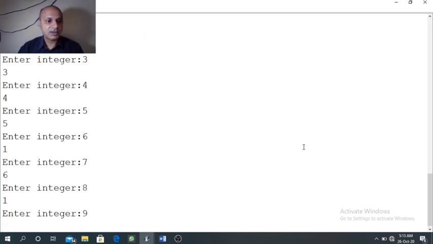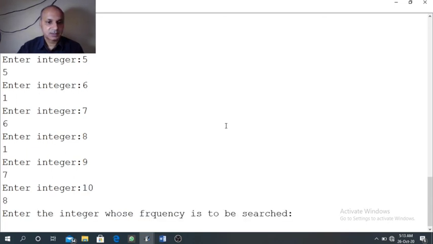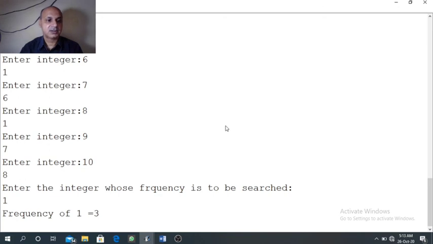Value 1 I am entering more than once. So you can see value 1 is entered 3 times. Now enter the integer whose frequency is to be searched. I want to check the frequency of 1. So 1 is typed. Now you can see the result, frequency of 1 equal to 3.